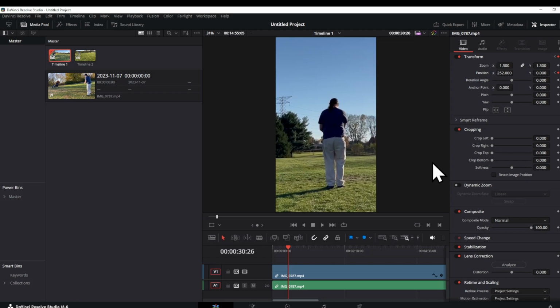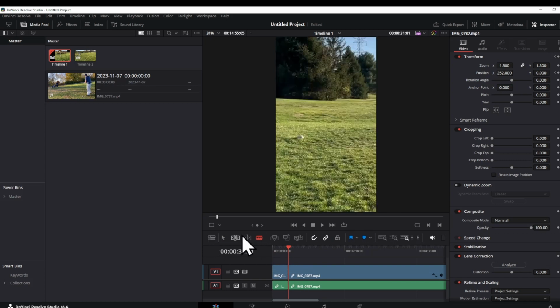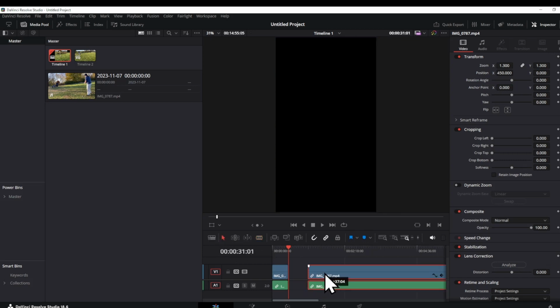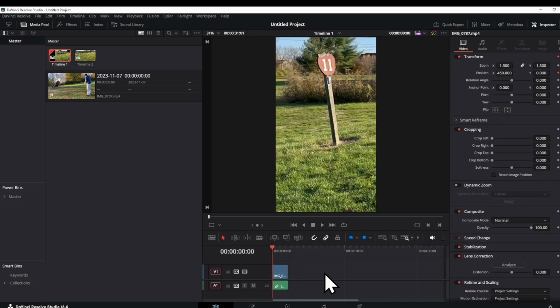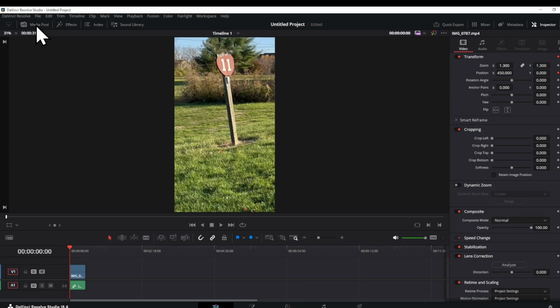So now if we were to go 1, 2, 3, 4, 5 frames past that, make a cut right here, get rid of this,